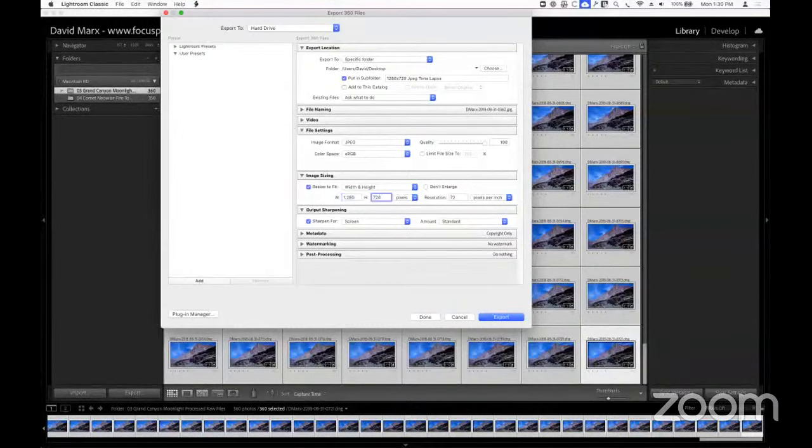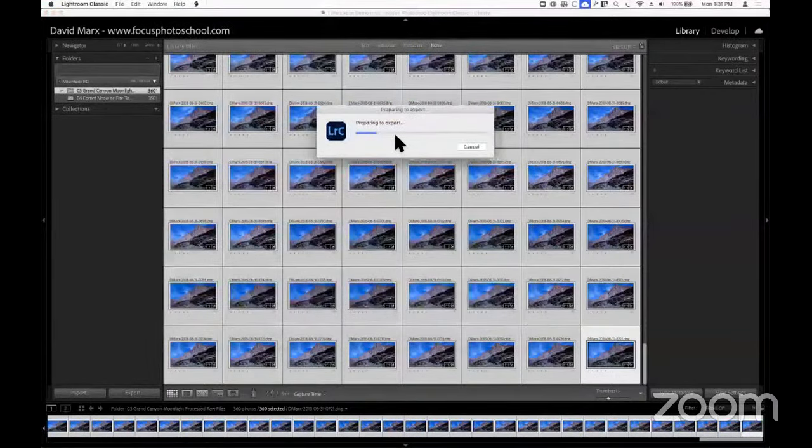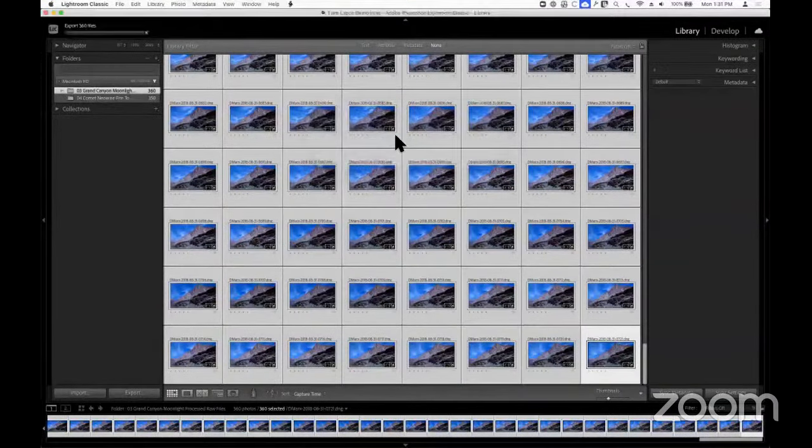If you're after 1080p video, something larger, this would be 1920 wide by 1080 tall for the height. Well, in this case, let's just say I go with those settings, I hit export, and Lightroom will begin to spit out a little JPEG copy of each one of these. Now, depending on the speed of your computer, spitting out 300, 400, 1,000 JPEG copies might take a really, really long time. There's nothing you need to do at this stage of the game other than walk away,